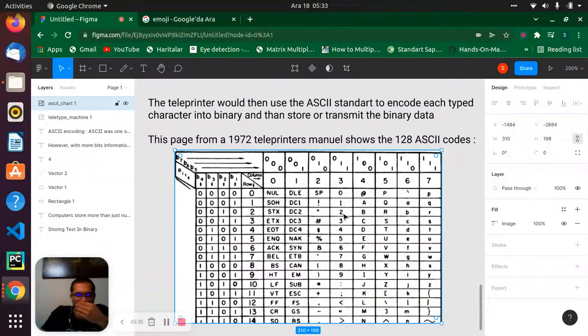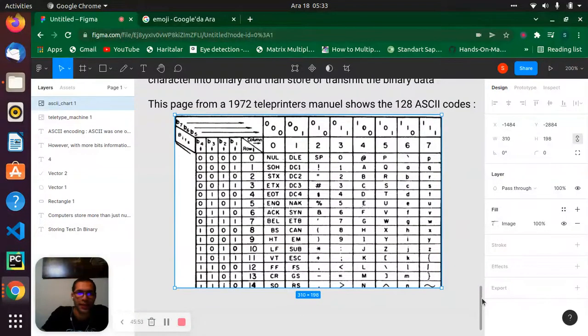So 1, 2, 3 bits here, and this one is 4. 1, 2, 3, 4. It's totally 7 bits for 128 ASCII codes.